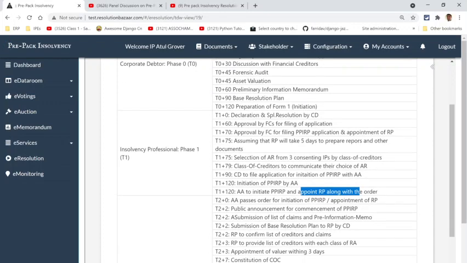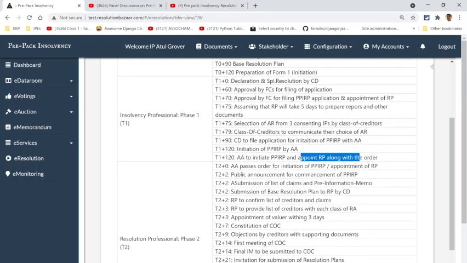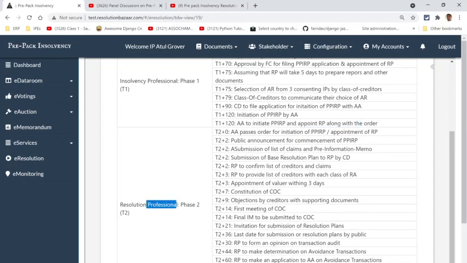Formally, he'll be coming in as a resolution professional, and the formal process of the pre-pack will take place in phase 2, because if this is phase 0, then it's phase 2. If it's phase 1, then it could be phase 3.